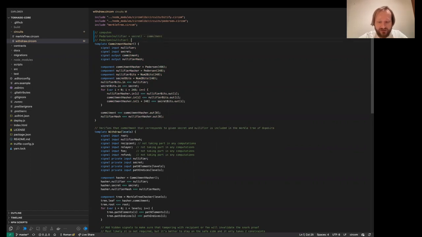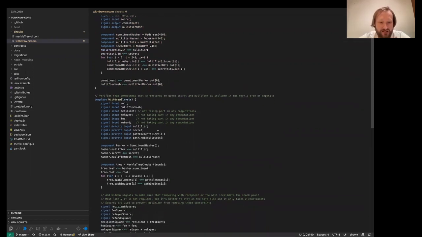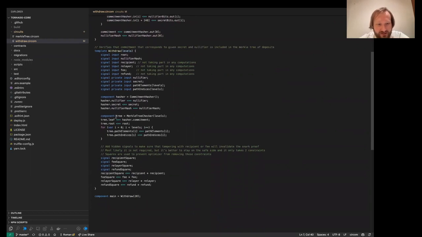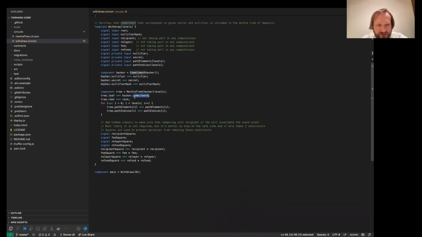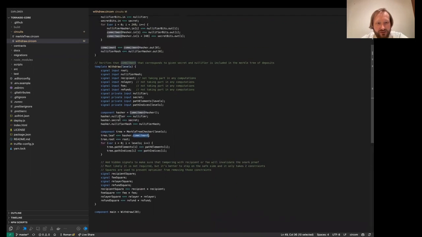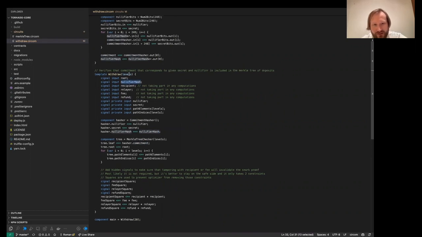This is called commitment and nullifier hash. The Snark checks that commitment is present in the Merkle root on the smart contract, and it also just publishes the hash of this nullifier as a public input.